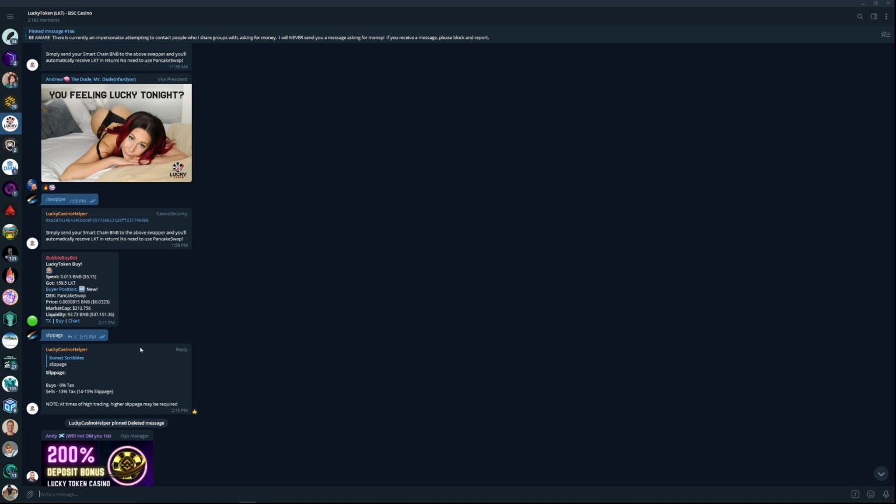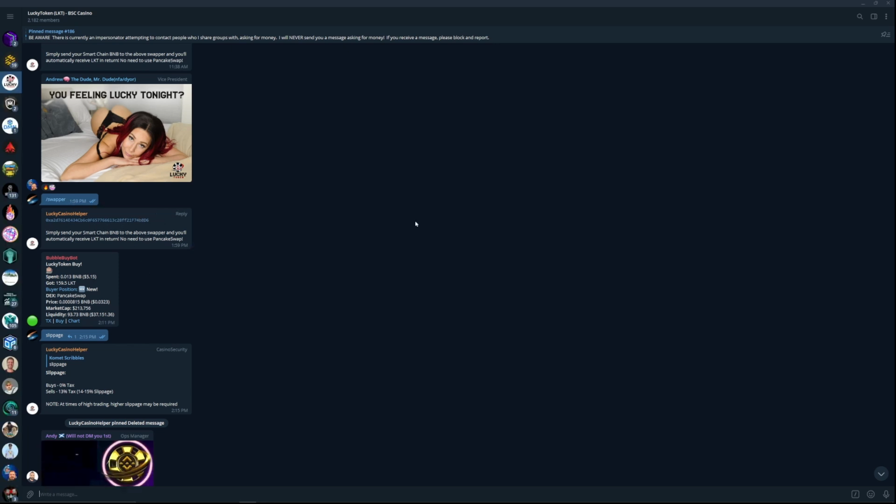And lastly, while we're in their Telegram, we're going to be using that swapper address as a second way to pay for your Lucky Token. So if you want to get that address, type in /swapper and the swapper address will appear as well. Now I'm going to explain to you what all that means, but of course, let's start with the first method